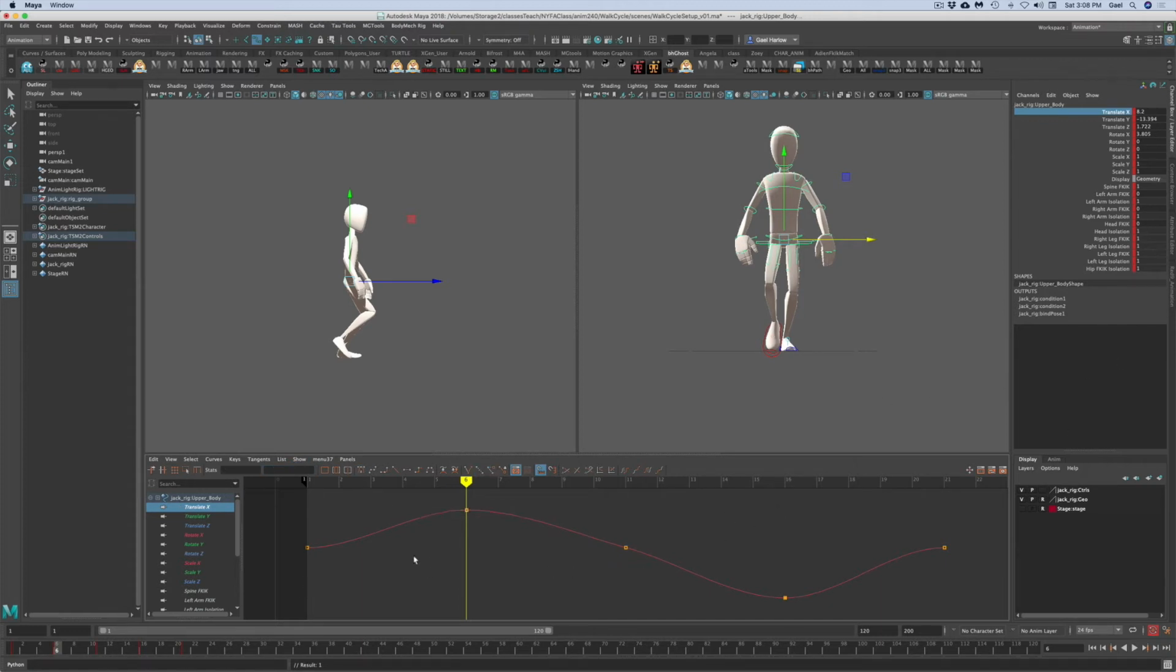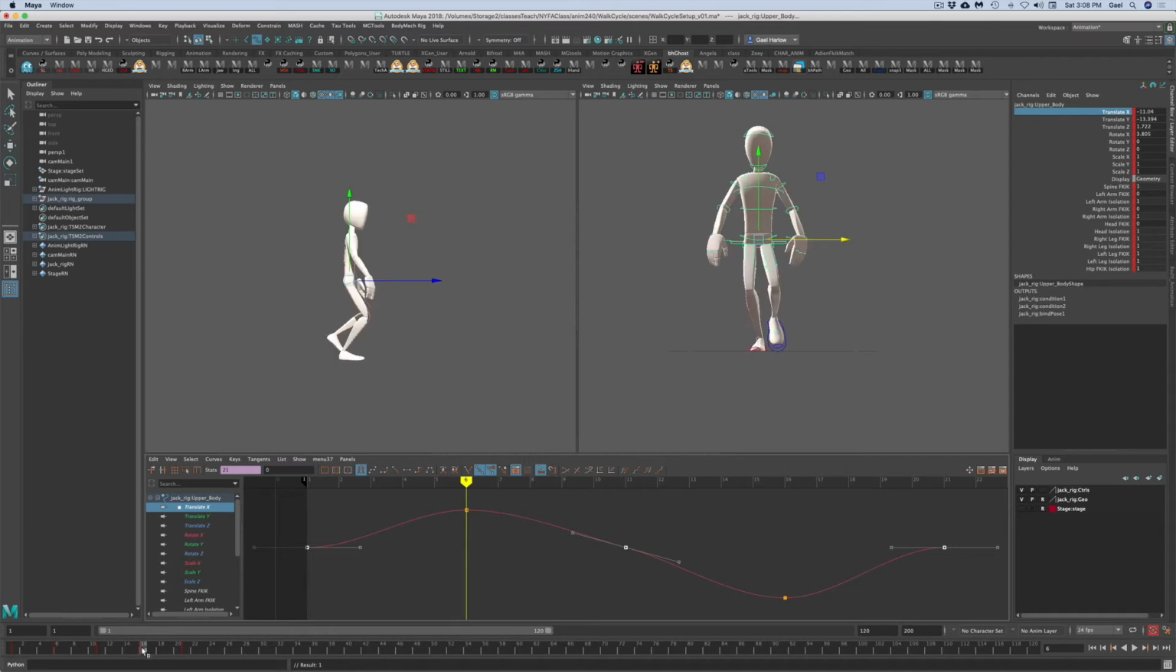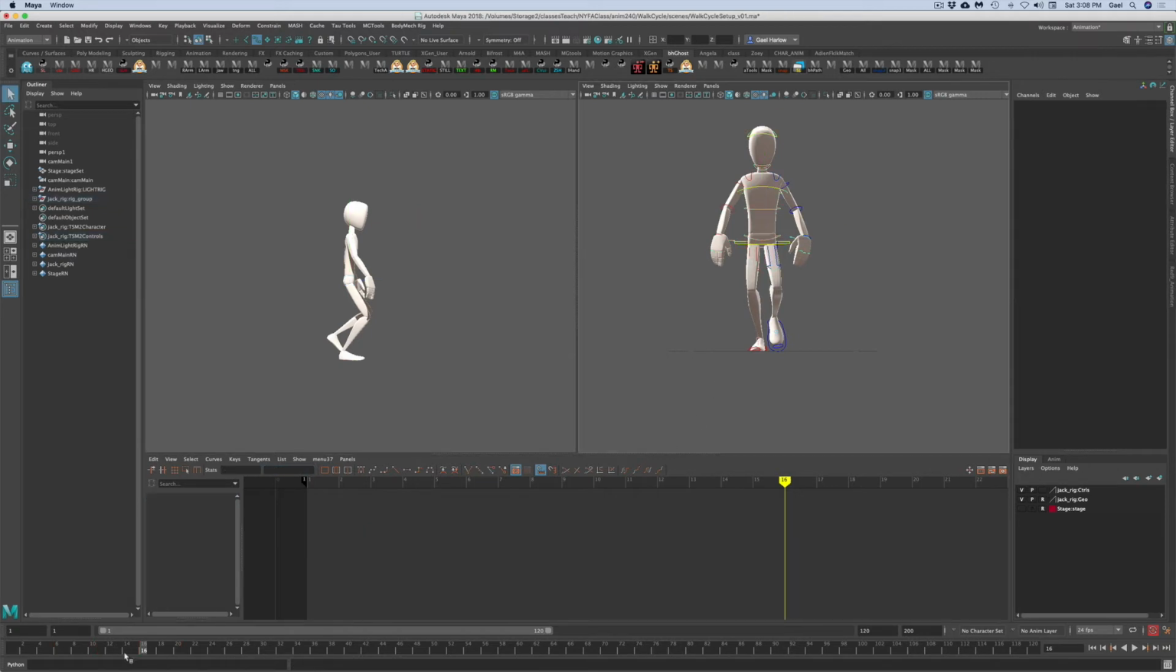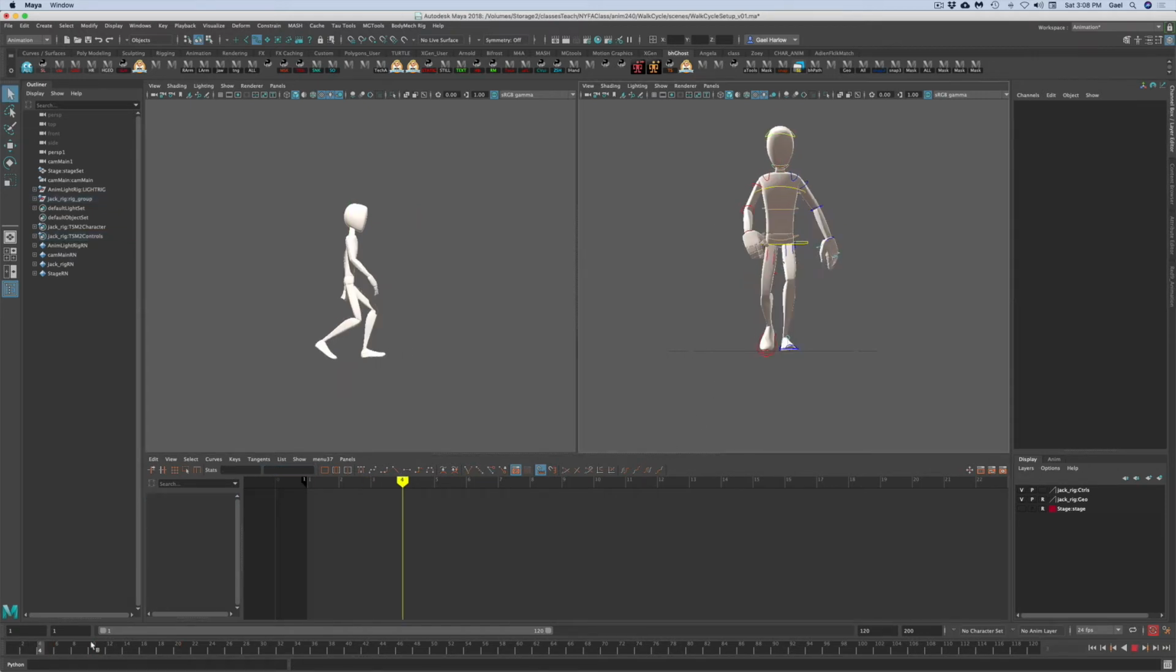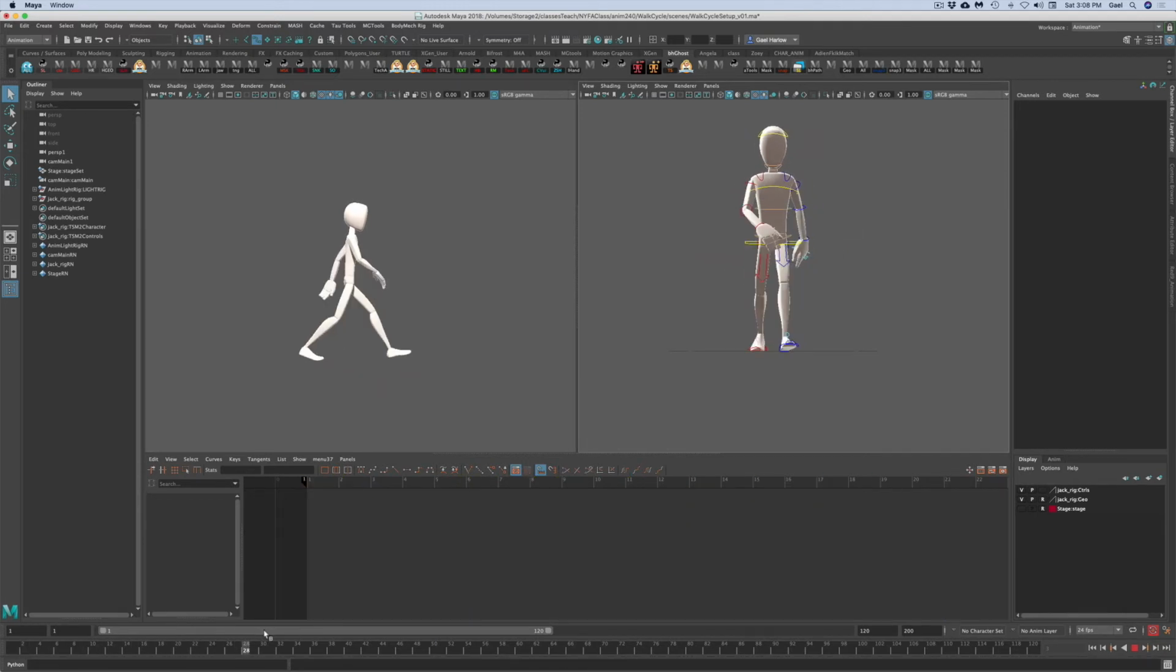So these ones in the middle, these should all be 0. So I'll make these 0. And then when it's at the other opposite, this should be minus 8.2. So now if we scrub through here, okay. So let's talk a little bit about